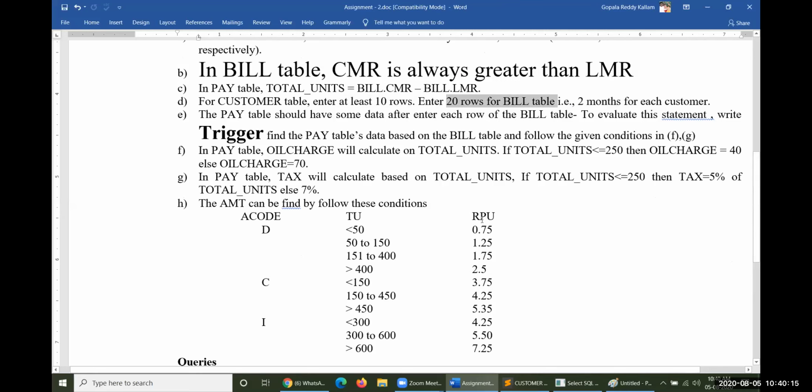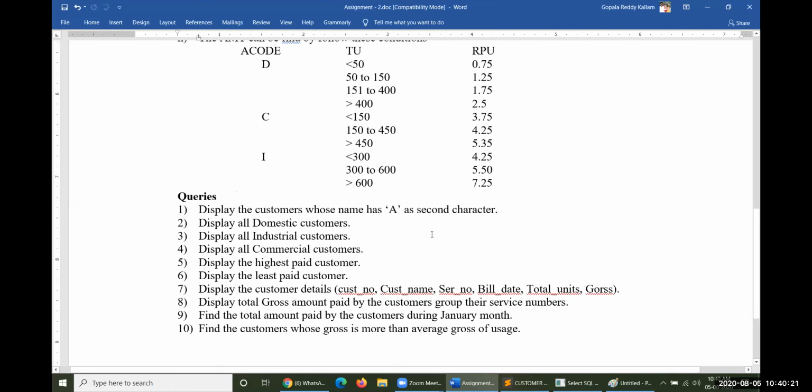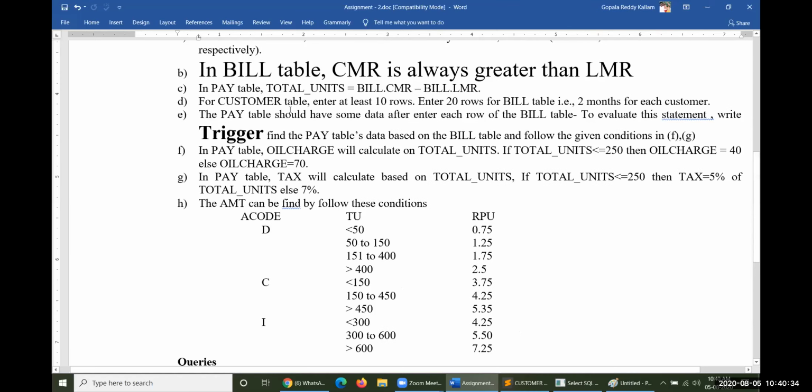Please go ahead and enter this many rows. Here we would like to take care that names must start with A, at least 1 or 2 names, so the second character is A. We would like to take care of that while entering data into the customer table.